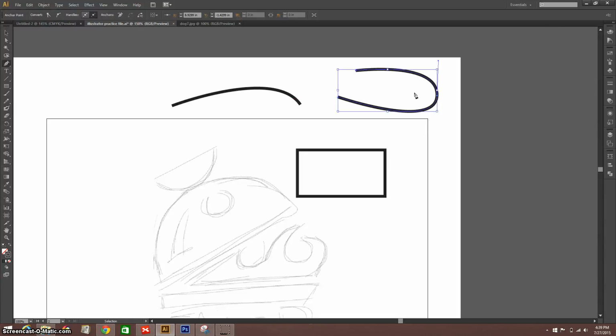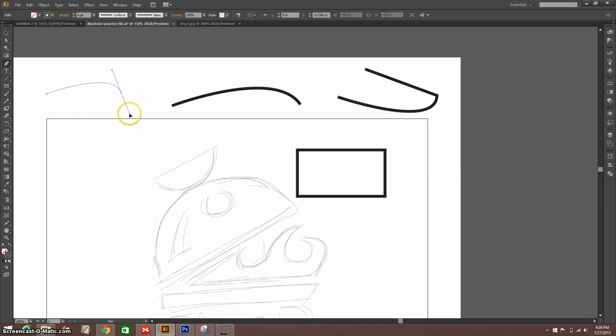Now the trick that I learned, and I'm going to Control Z and undo that, to go from a curved segment back to a straight line is to simply click on the anchor point that I just put down. What that's going to do is it severs off one of these handles and allows me to go to a straight line again. So to repeat what I'm saying, you click, start your shape, click and pull, make a curve segment, go back over the anchor point you just put down and click on it, and then you can go to a straight line again,